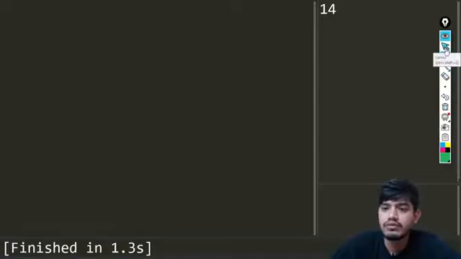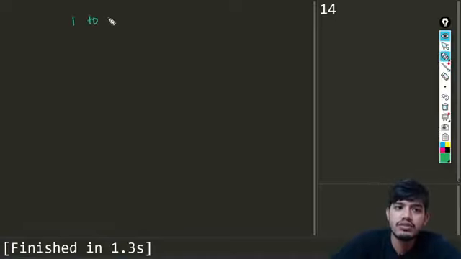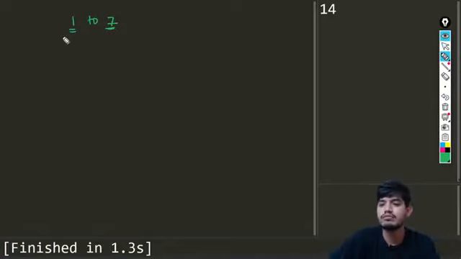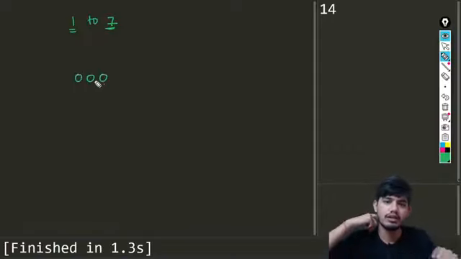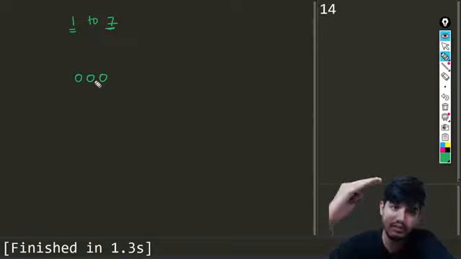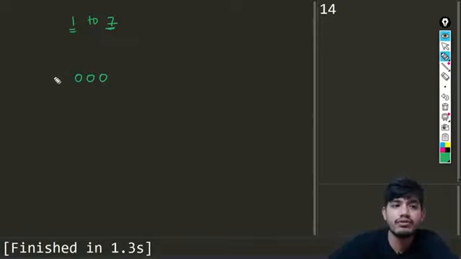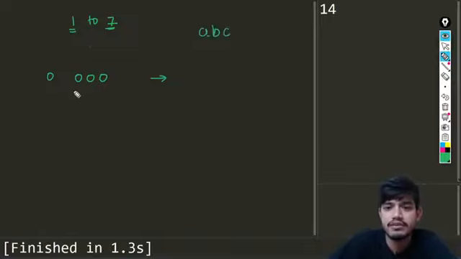So from 1 to 7 all things are possible, or you can see from 0 to 7. Let us see how we can do that. First thing is we have 0, 0 and 0. I'm considering that we are going from 0 to 7. Let me write the binary representation and how we can use this information to make the combinations of ABC. Let me write all of this. So it will be 0, 0, 1.